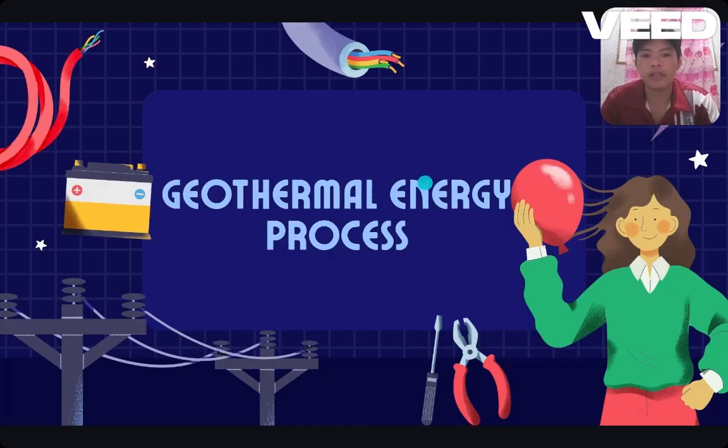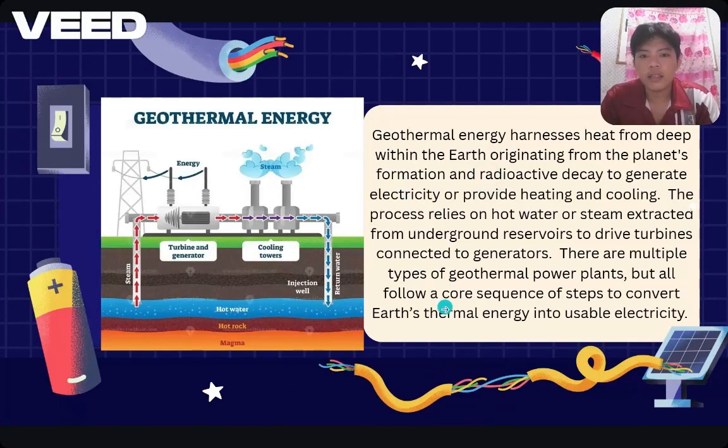Geothermal energy process. Geothermal energy harnesses heat from deep within the earth, originating from the planet's formation and radioactive decay, to generate electricity or provide heating and cooling. The process relies on hot water or steam extracted from underground reservoirs to drive turbines connected to generators. There are multiple types of geothermal power plants, but all follow a core sequence of steps to convert Earth's thermal